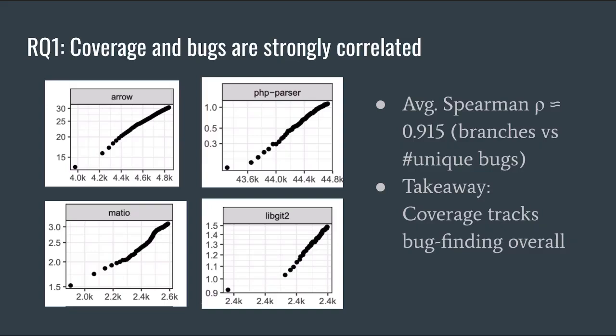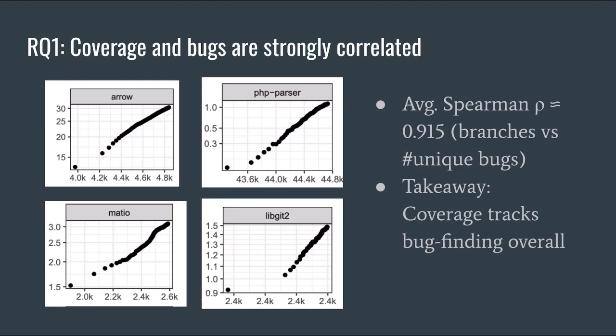On the left, this is figure 6 from the paper. Each little plot is one benchmark program. As the average number of covered branches increases during a campaign, the average number of bugs discovered also increases. And notice the y-axis is on a log scale, which already hints the relationship isn't perfectly linear. So the main point is, across most programs, the dots form a very clear upward trend, meaning the more code you cover, the more bugs